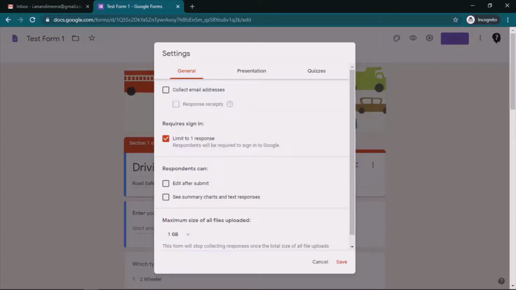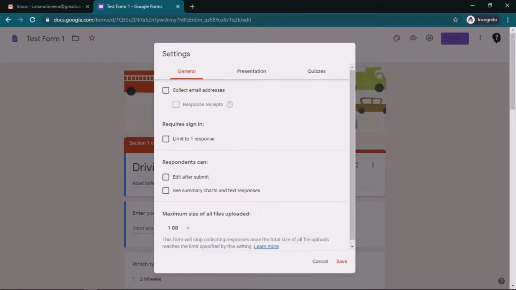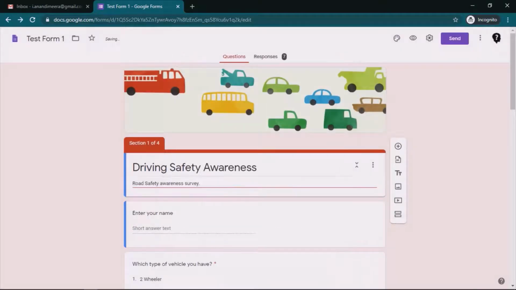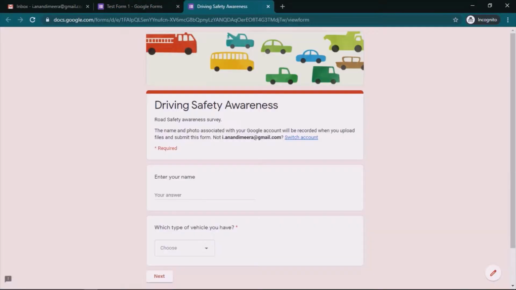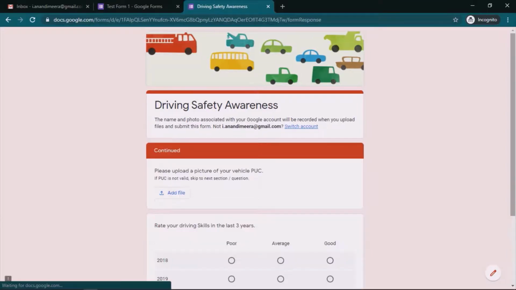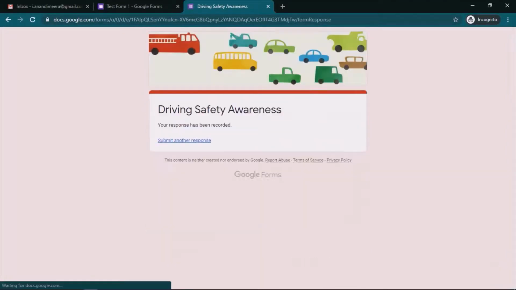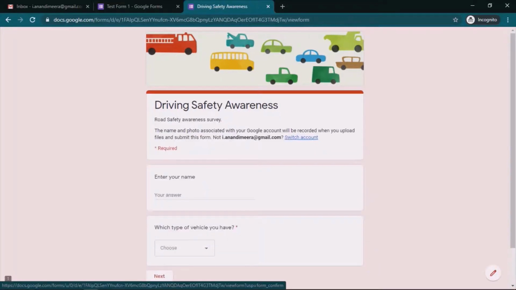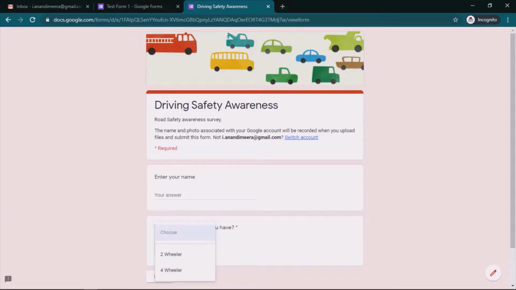Now, before we move on to the presentation tab in another session, let me try this with you. For example, I just remove the limit to one response and save. I don't know whether this will work because I am the creator of the form, so I might have all the admin access to edit the form again and again, but let's see how this happens. I'll click on preview, choose some option, next, next, and let me submit this. Now it is giving me the option to submit another response. If I click on that, it will refresh the form, asking me for fresh inputs.